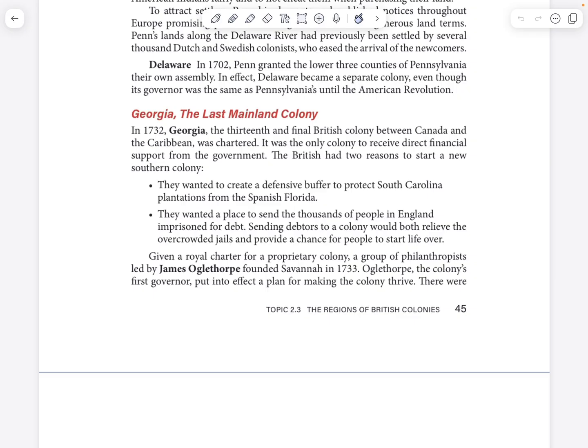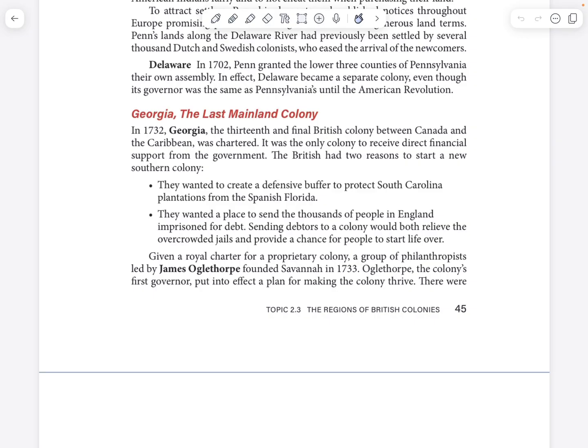The British had two reasons to start a new southern colony. They wanted to create a defensive buffer to protect South Carolina plantations from Spanish Florida. They wanted a place to send the thousands of people in England imprisoned for debt. Sending debtors to a colony would both relieve the overcrowded jails and provide a chance for people to start life